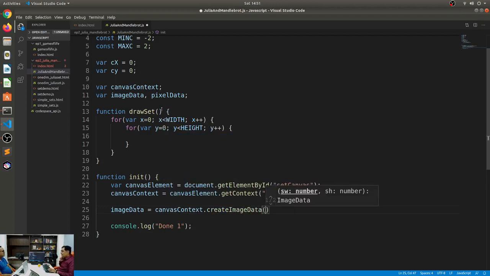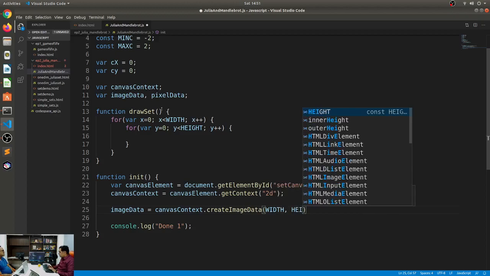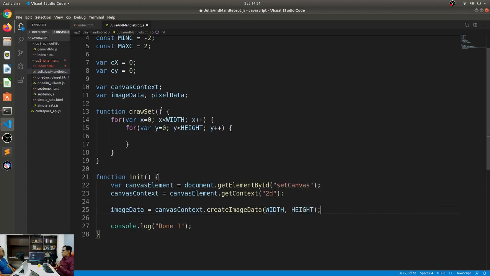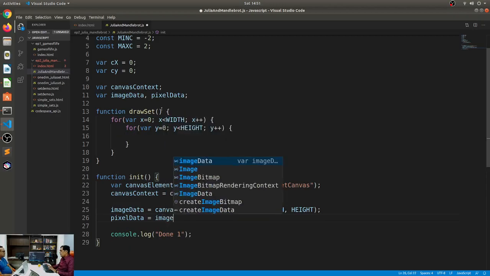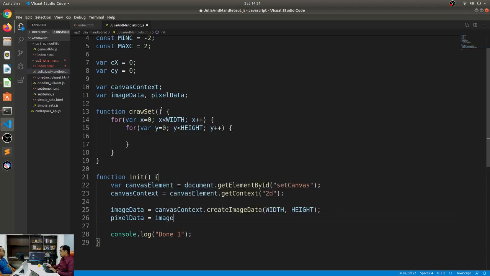I think it's called create image data. So this is creating an empty pixel data. Now the pixel data itself, I can get by doing image data dot data. This will give me all of the pixels within the image that I have created. Ultimately, I can modify this pixel data and set it back to the context. Now one thing about the pixel data,